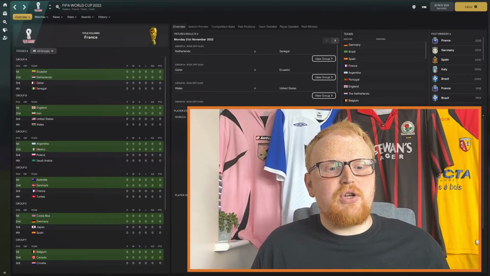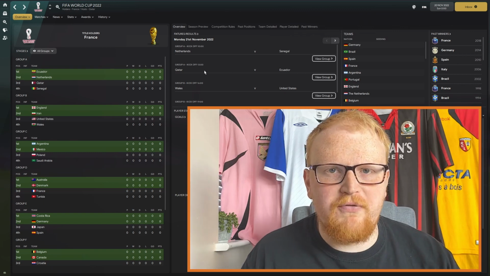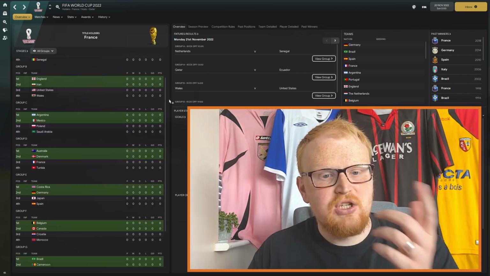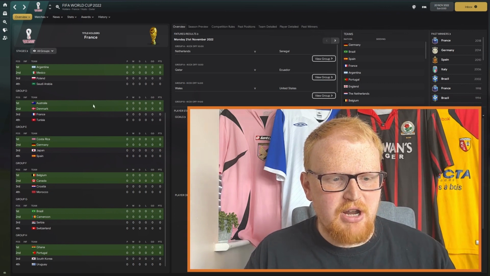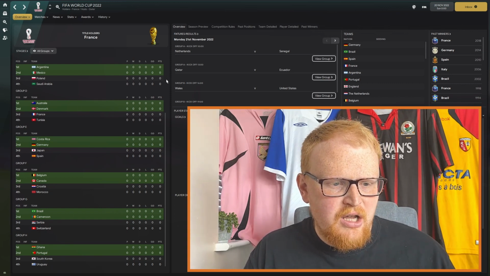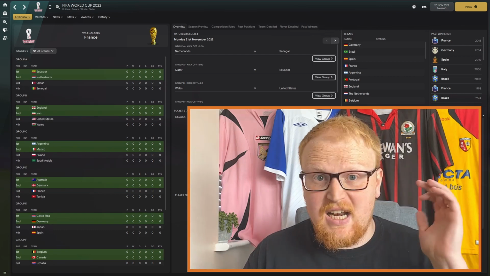Right then, here you can see we have got the groups, Group A down to Group H, with all of the correct teams, and the games start on the 21st of November. You can see down there all of the teams who have qualified now. We've got Australia in, we've got Costa Rica in, Wales are in as well. So we've got all of the groups now after everyone has finally qualified.